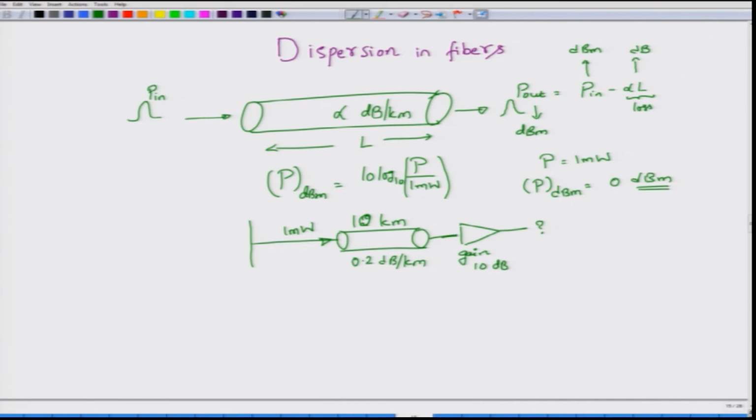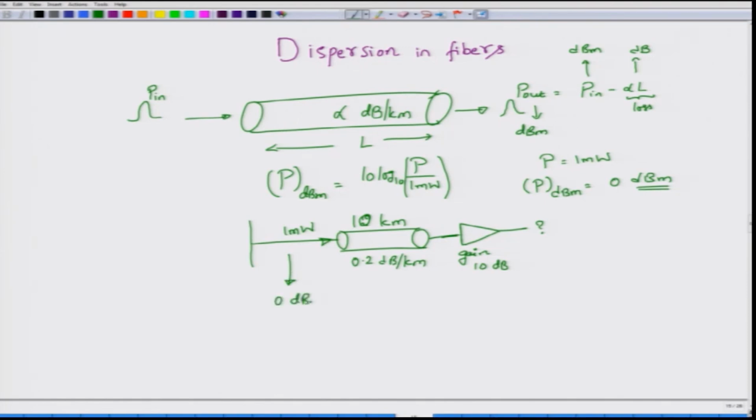To answer such questions, using the linear scale would be a little uncomfortable, because you have to convert the loss of 0.2 dB per kilometer and the overall loss into the linear scale, and then multiply the launch power of 1 milliwatt by this factor, and then also multiply by the gain after converting the gain, which is given as 10 dB, to the linear scale. But using the decibel scale throughout, and making the first conversion from milliwatt to dBm, which gives us 0 dBm here,